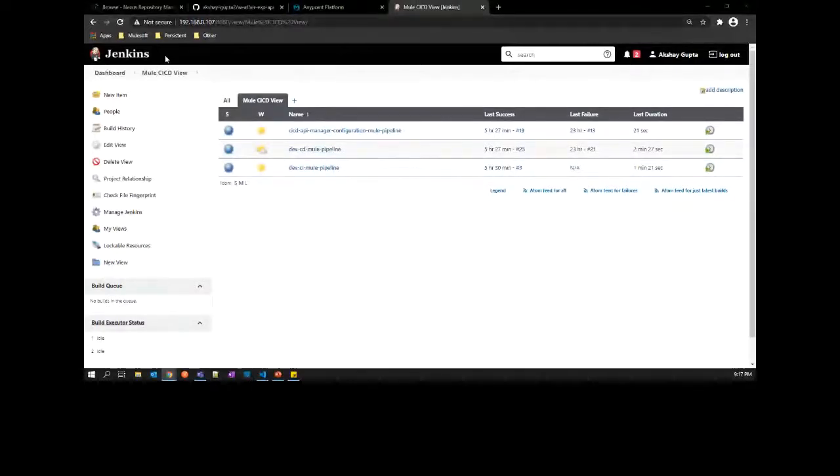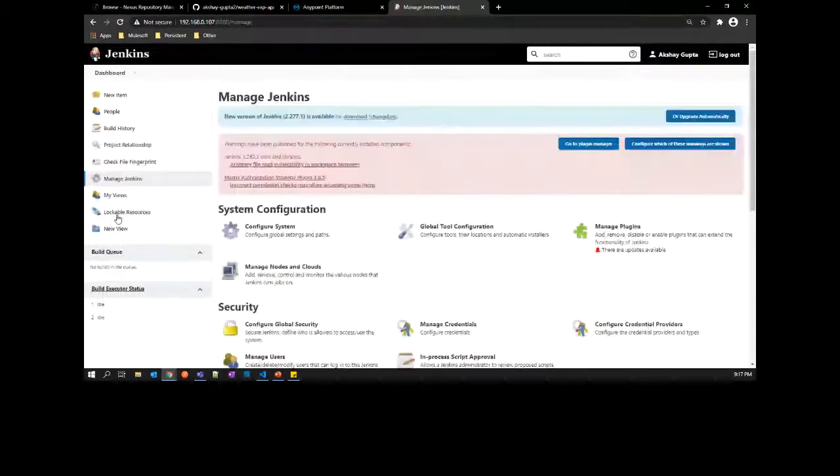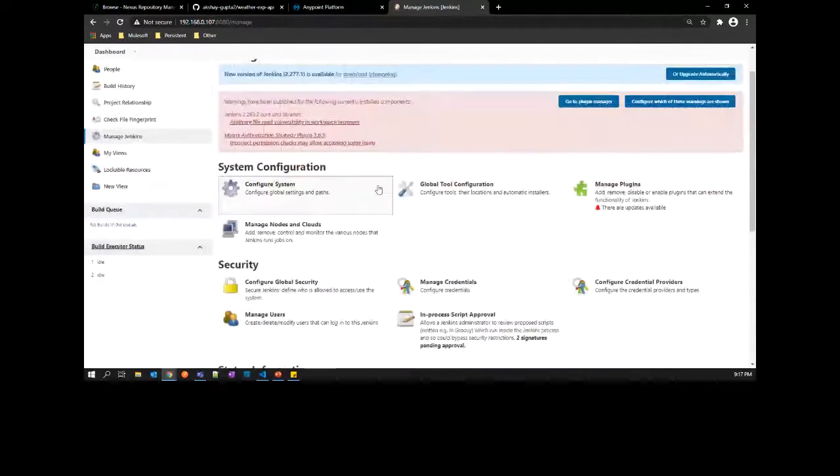Okay. So this is our Jenkins home setup. We'll first go through quickly the Jenkins configuration that we have done. And then later we'll explore all of the pipelines that we have created for CI, CD, and API Manager configuration. On your left-hand side, if you see, there is a Manage Jenkins option. This is the place where you configure Jenkins with all the tools and configurations that are necessary for Jenkins to work properly. So if we go under this configuration system operations, right?